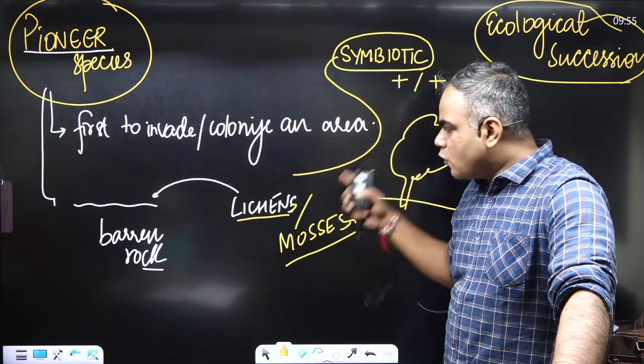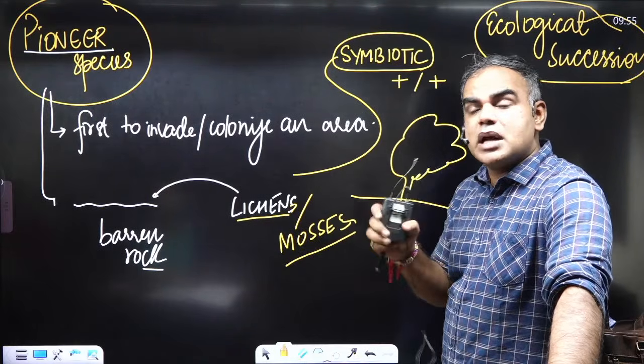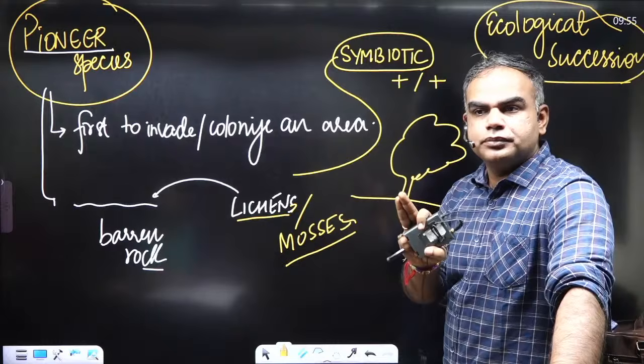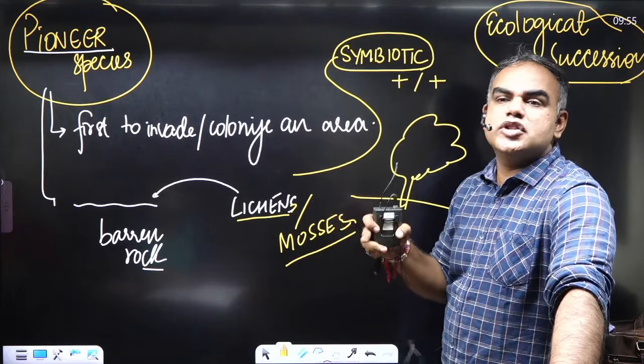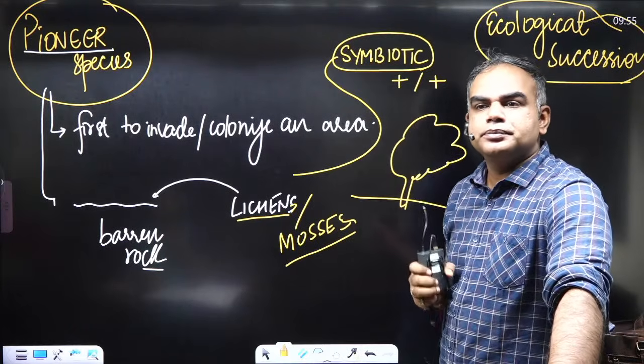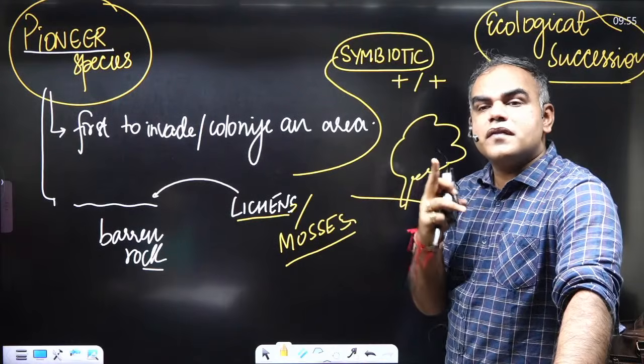Okay, but what do we know for lichens? And that is why lichens are very important. These are the first. अब आप सोचो, जब soil भी नहीं है तब lichens can come. Hence these are your pioneer species जिनकी वजह से सब start होता है. Okay, that they will help in starting of the entire ecosystem. So these are the first to invade.